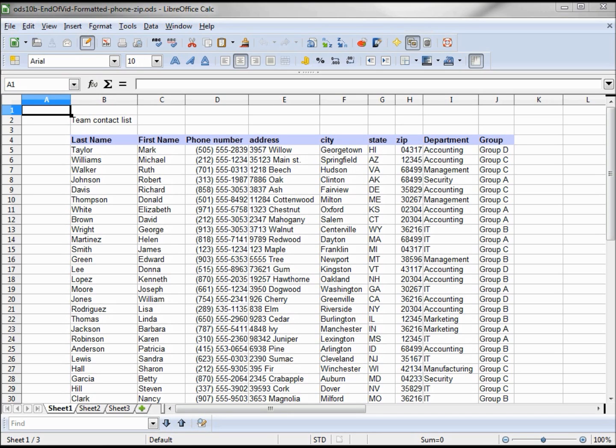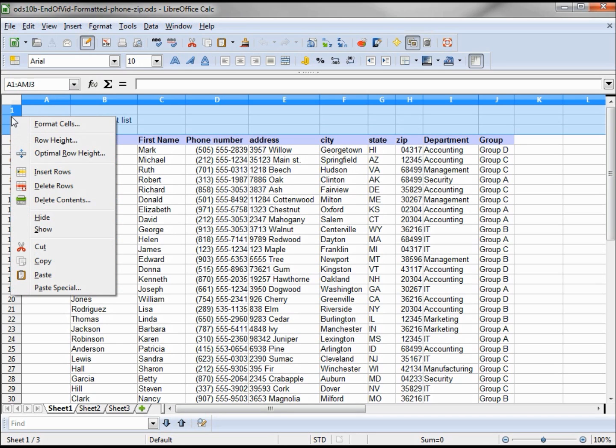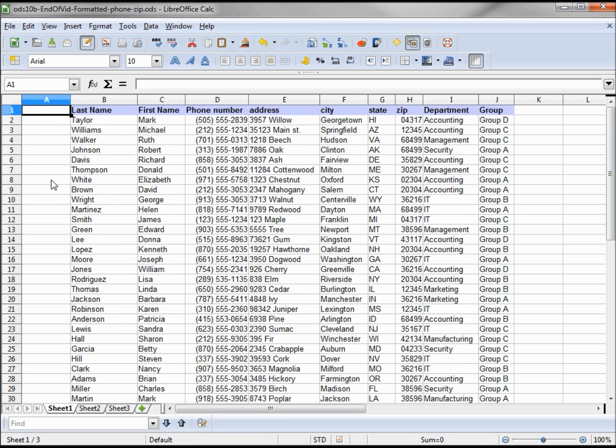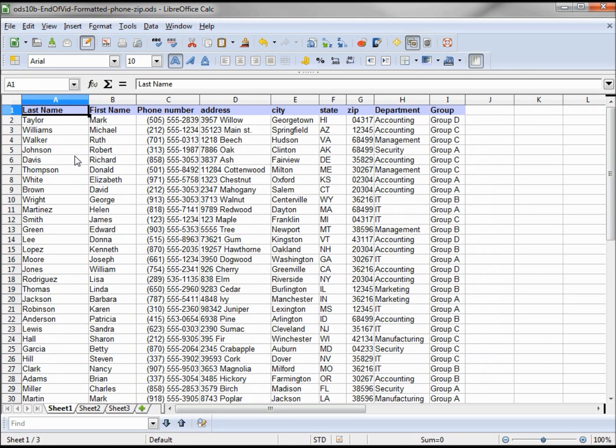This list of names won't work as our data source as it is. We need to edit it a little bit. We need to take out these top 3 lines, and we need to remove this blank line to the left. Now we have our headers in our top row and our first line of data in column A.